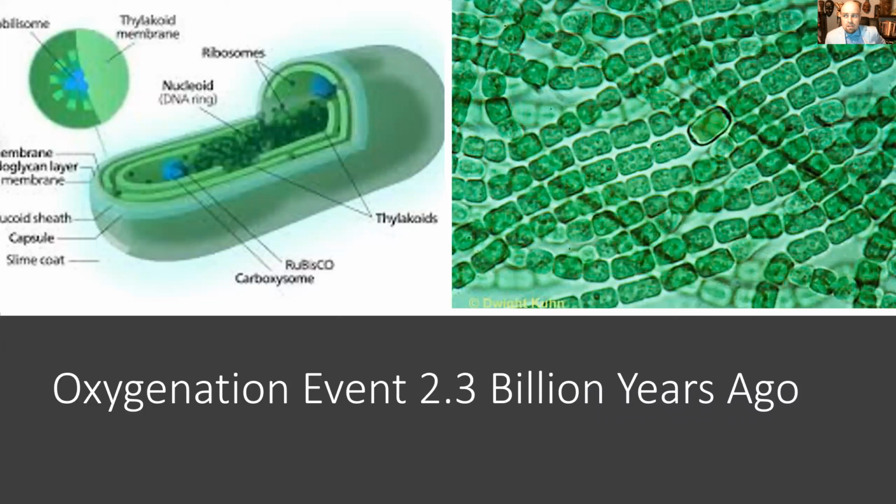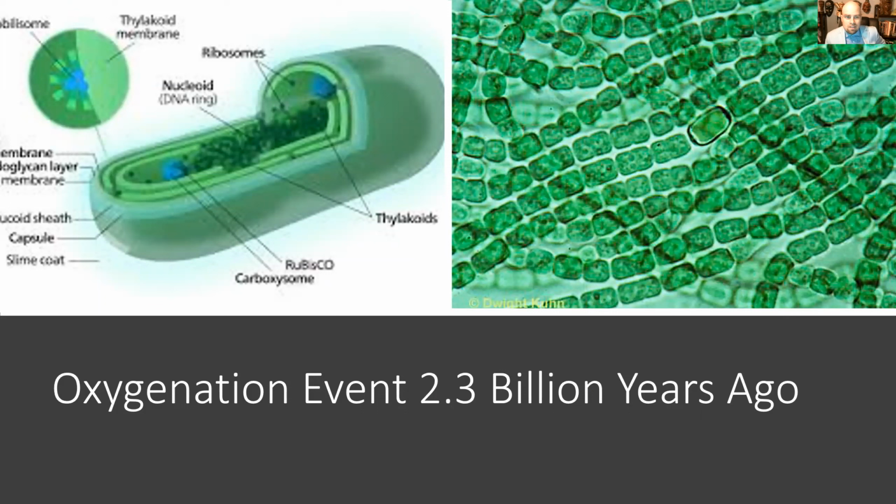So when we think about the modern cycle of oxygen and carbon, we think about animals creating carbon and breathing oxygen, and plants absorbing carbon and creating oxygen. So the Great Oxygenation Event 2.3 billion years ago was caused by these cyanobacteria that created all this oxygen. Now, we think oxygen is all great and dandy, and it's necessary for us to live. But back then, most single-celled organisms were not adapted to oxygen. It was actually poisonous to them. And this caused the die-off of a huge number of single-celled species.